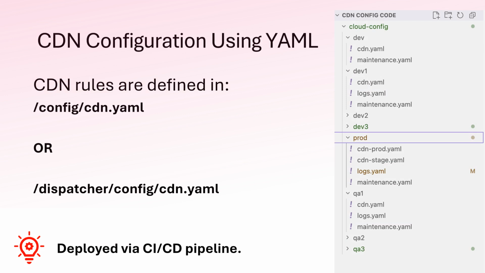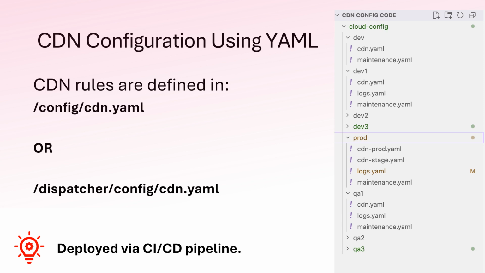Usually the CDN configuration lives inside your project repository, typically under /config/cdn.yaml or dispatcher/config/cdn.yaml. When you commit changes and deploy through Cloud Manager, the CDN configuration is automatically updated. This aligns with infrastructure as code principles. On the